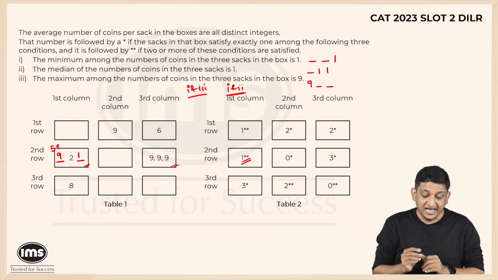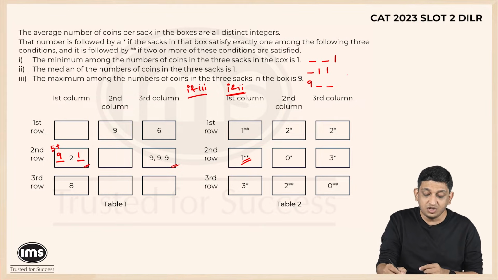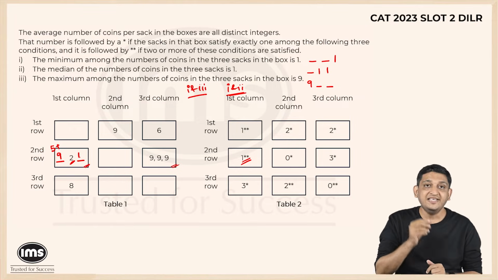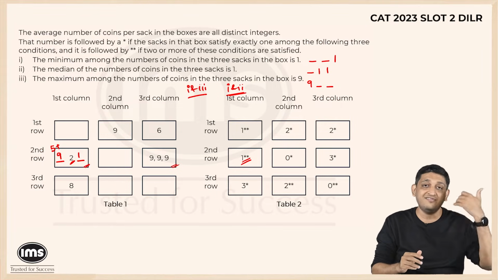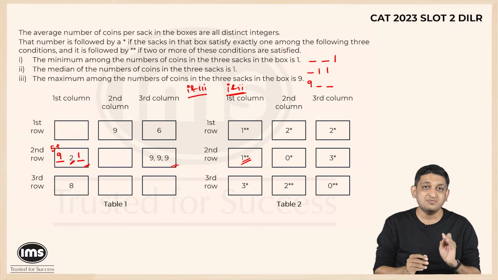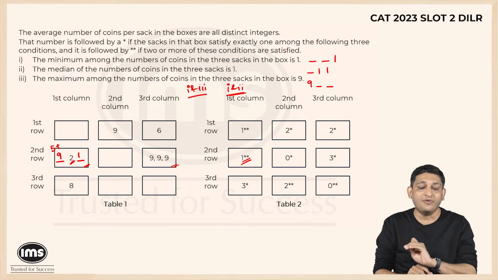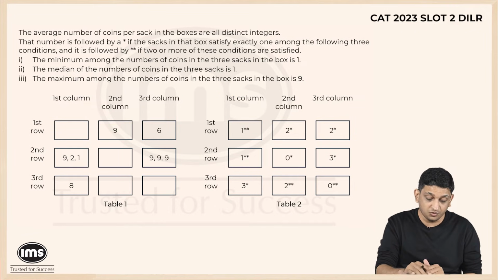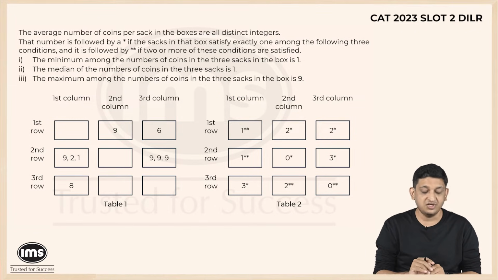Then what will happen? I will have a dash 1 1 or a 2 1 1 kind of a construct, which does not work because the median is 2. I need to have something which is greater than 2, which is greater than 5 as well, in fact. So the only case possible here is 9 2 1, which will be true in case of the first column and second row. So 9 2 1 is what helps in this particular context.